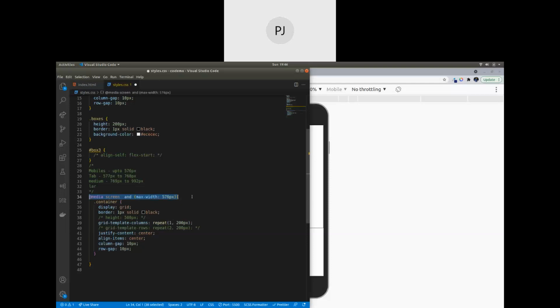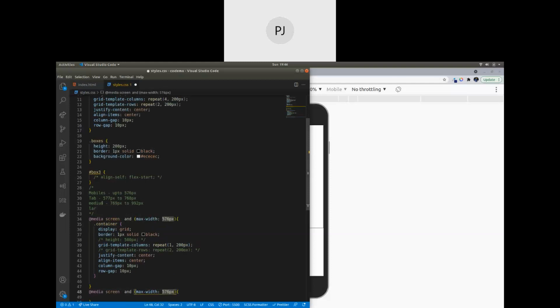For example, you can write the same one, and instead of this max width, you can change it to before that. These are the different breakpoints available. For mobile devices, the breakpoint is up to 576 pixel width, and for tablets, it is from 577 pixels to 768 pixels, and for medium screen devices, it is from 769 to 992 pixels, and for larger devices like our desktops, it is from 993 pixels